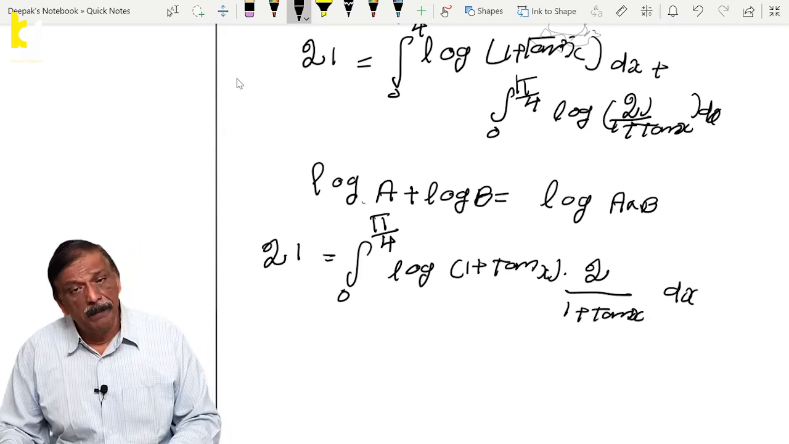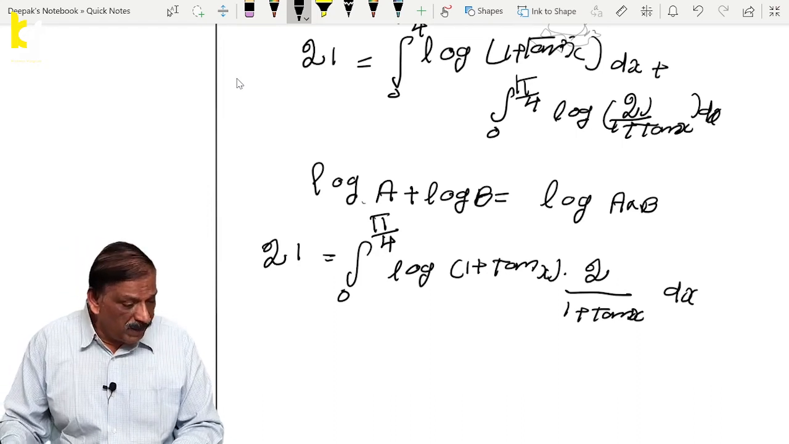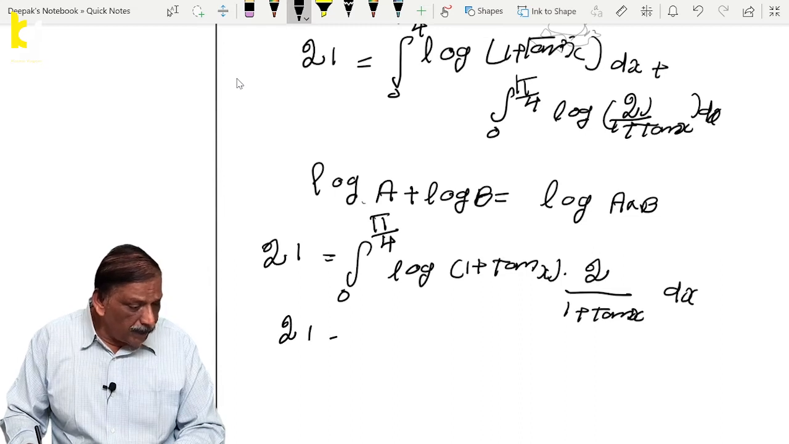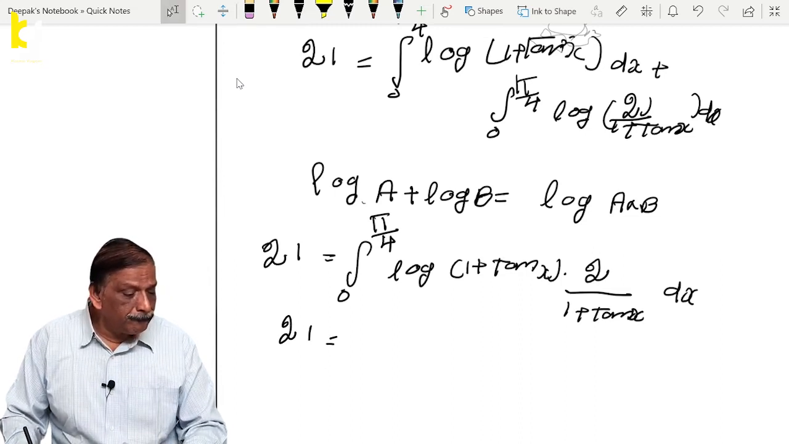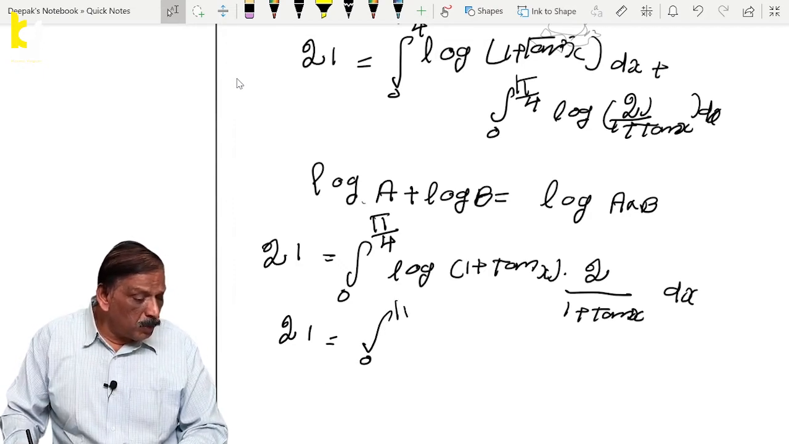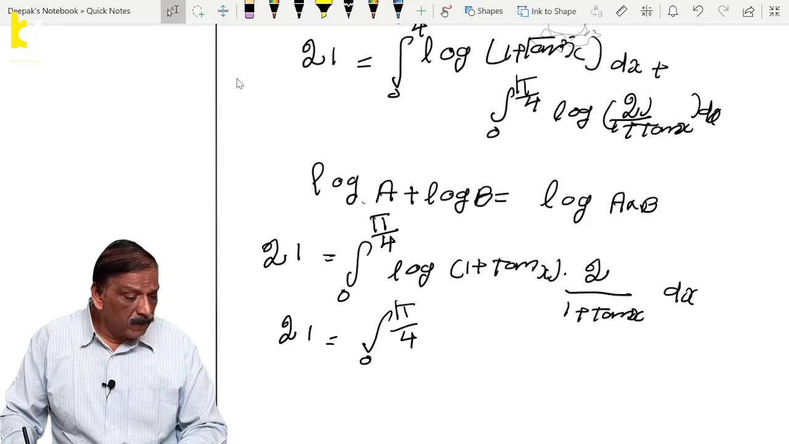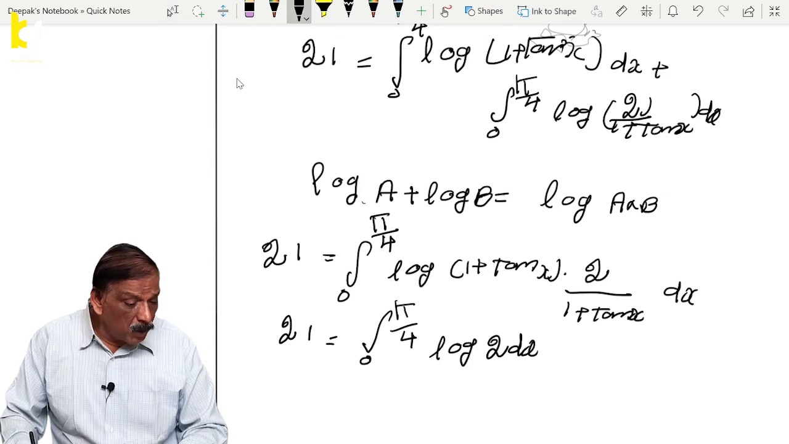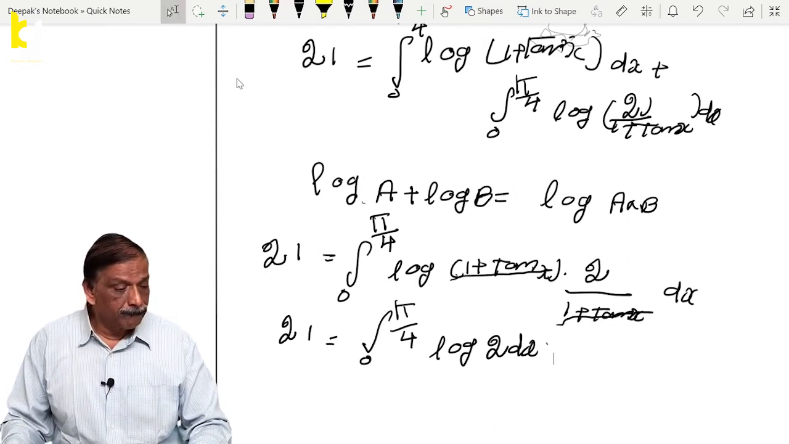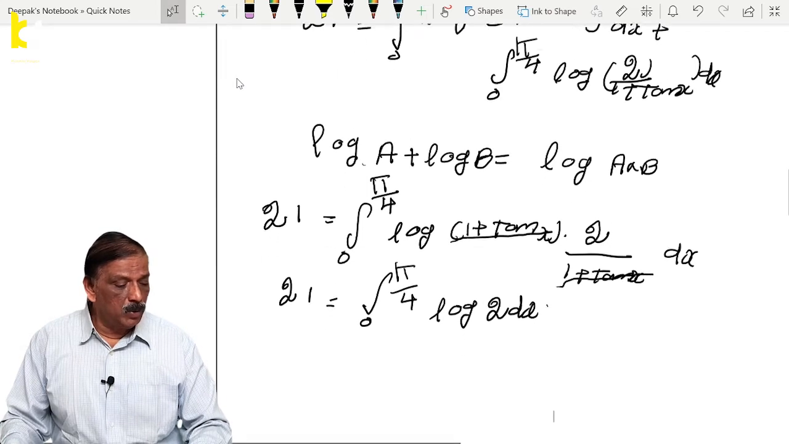Because we know log a plus log b is equal to log a into log b. So this is equal to 2I equal integral 0 to pi by 4 log 2 dx, because 1 plus tan x and 1 plus tan x cancelled. Clear? That is equal to